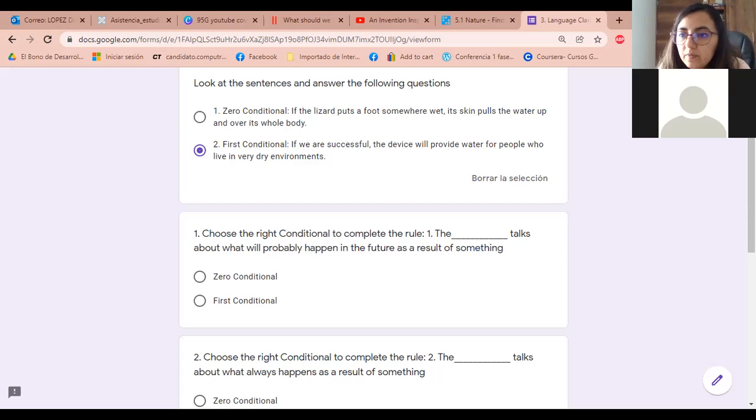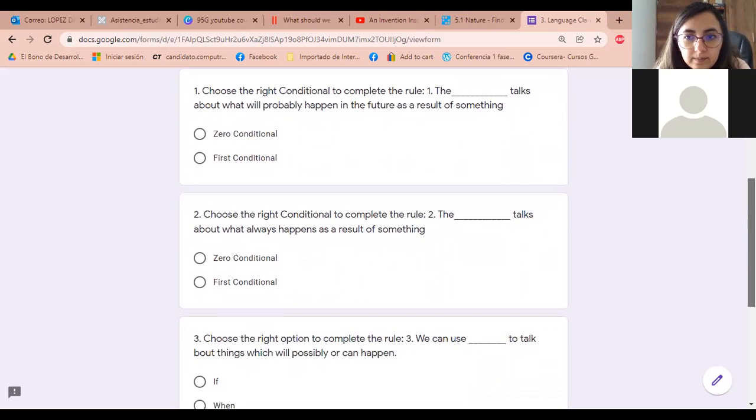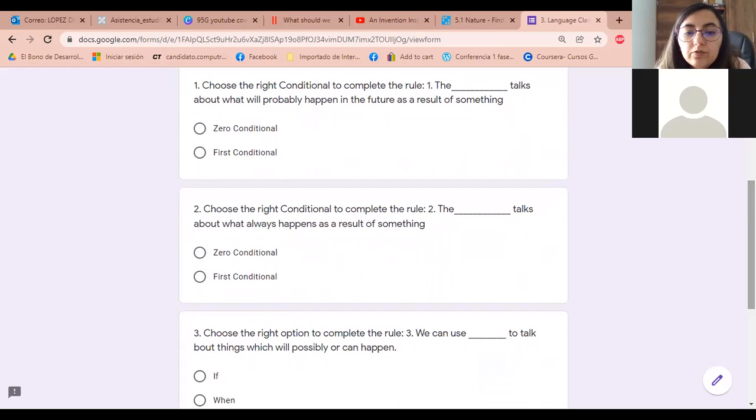So, what do you think is the answer for number 1? Choose the right conditional to complete the rule. Which conditional talks about what will probably happen in the future as a result of something?